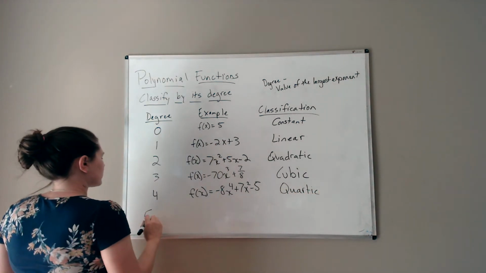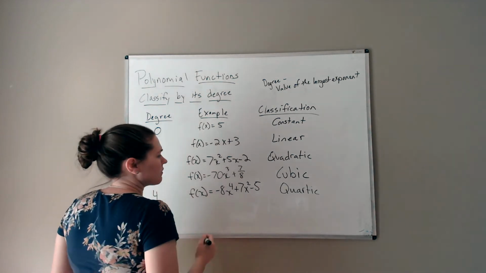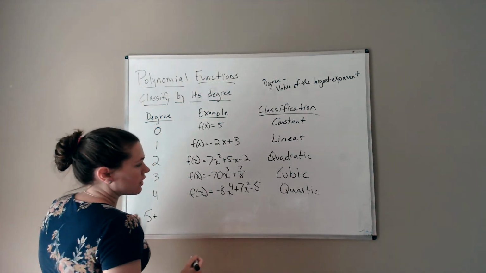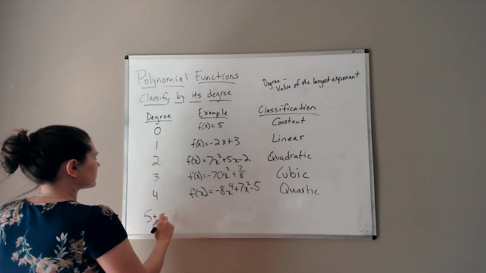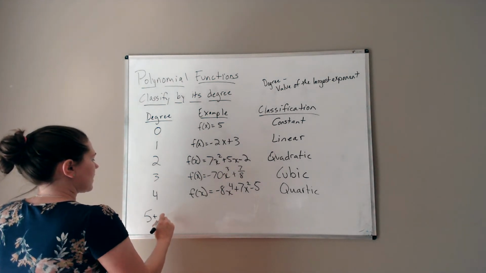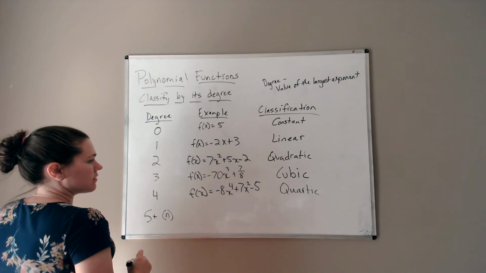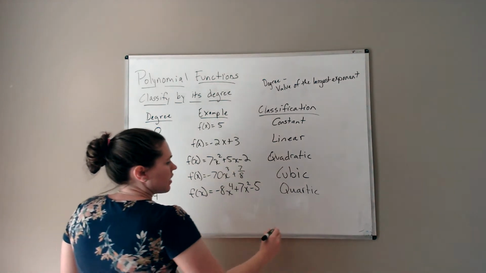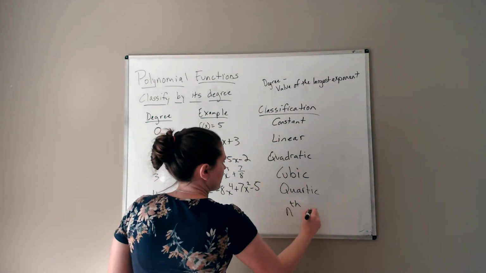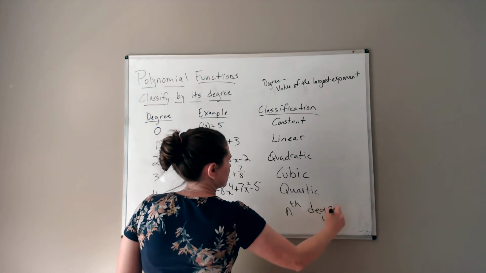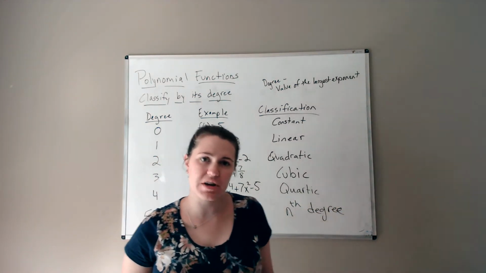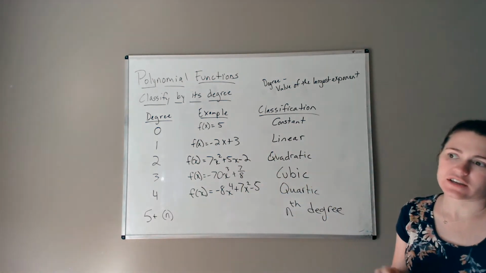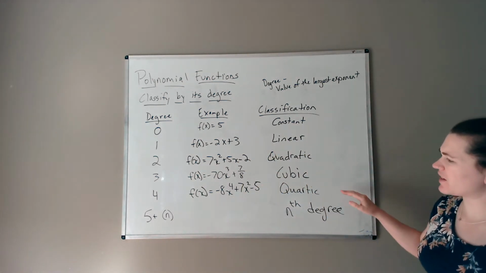And we're just going to classify anything with degree 5 or more. Let's say n. So it has degree n. We're just going to say that it's an nth degree. So if the degree is 10, we're just going to say it's a 10th degree polynomial. Okay, we're not going to give it a special name. It just helps us